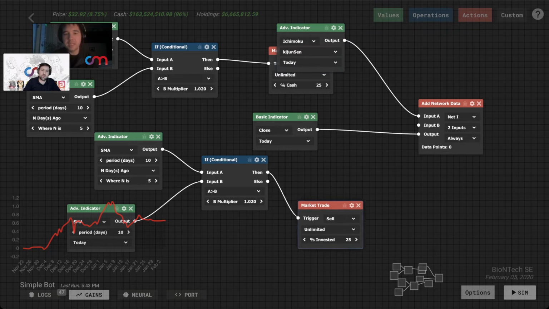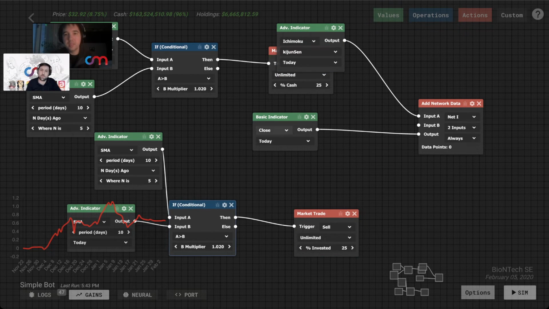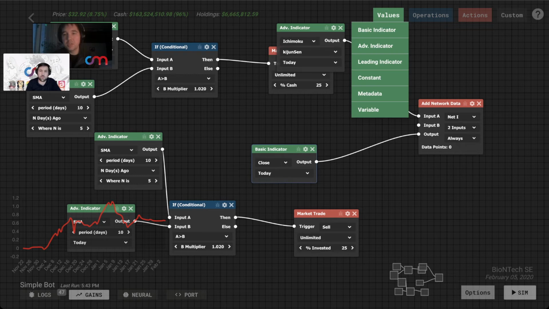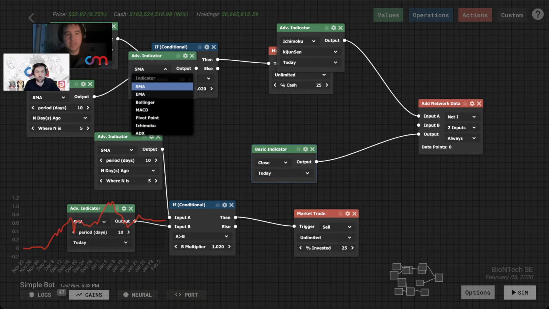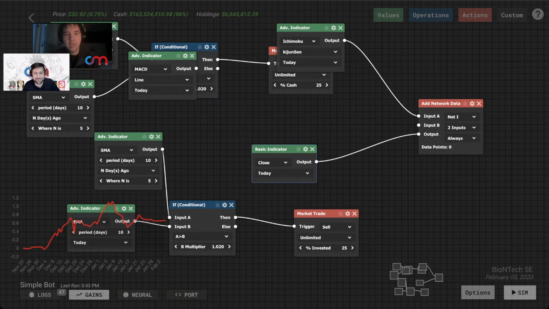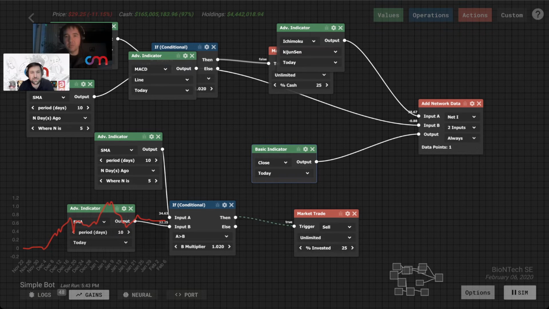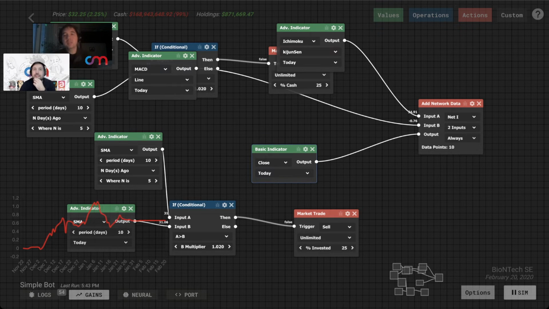So we're taking in Kijun, and we're also going to take in, let's say, the MACD line. We're taking in Ichimoku Kijun and MACD line, and we're asking the neural network to be trained on all of this data as we sim forward so that it can try to predict the close based solely on these two variables.